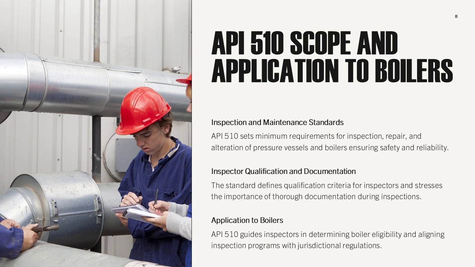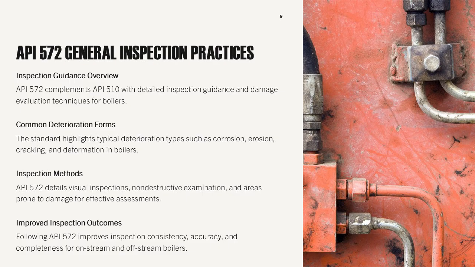This section explains how API 510 principles are applied in boiler inspection programs and how inspectors should use the standard to support sound engineering judgments. API 572 serves as a companion document to API 510 by providing detailed guidance on inspection practices, damage mechanisms, and